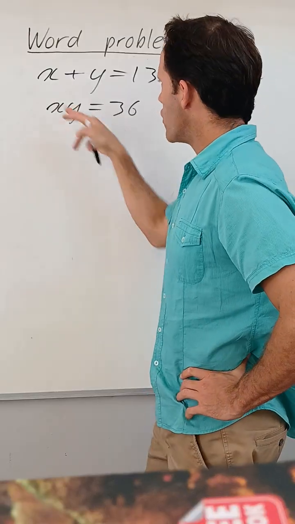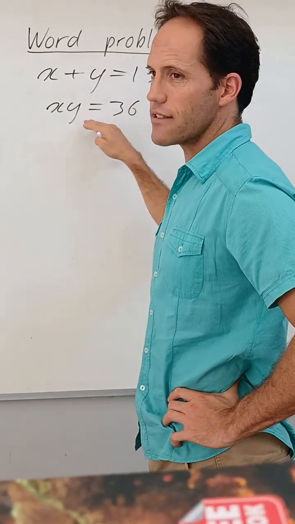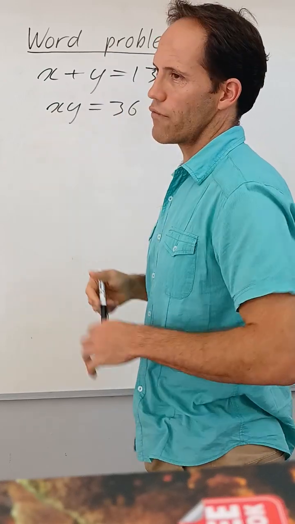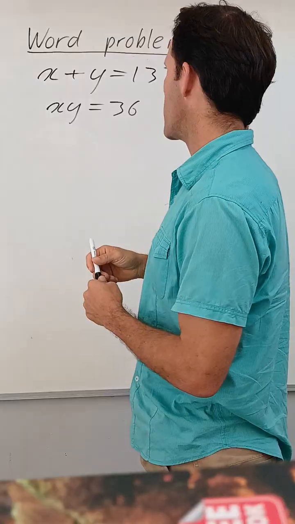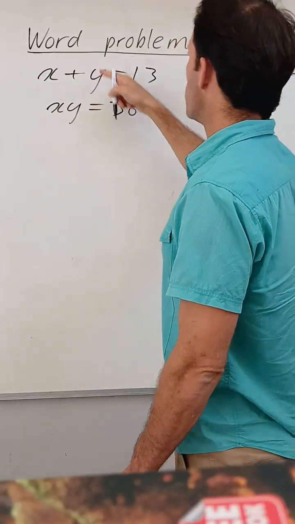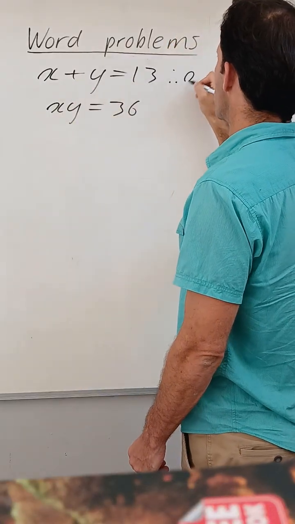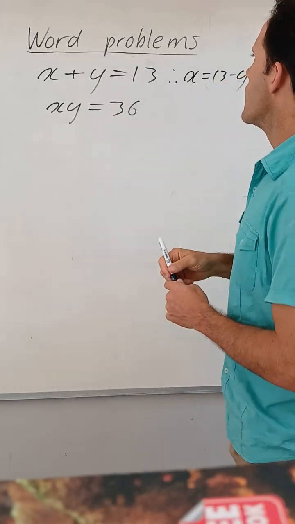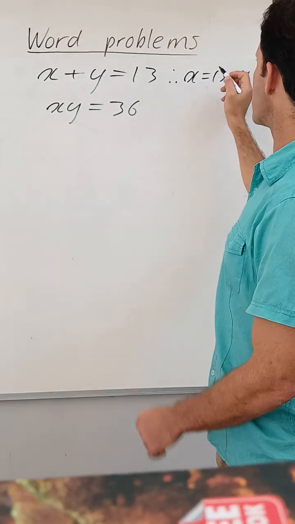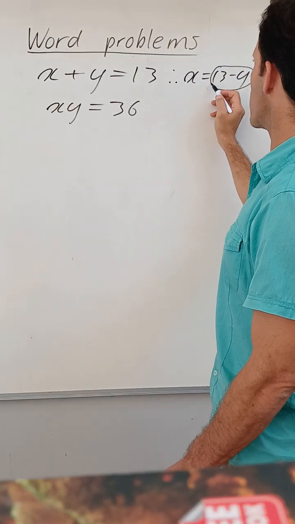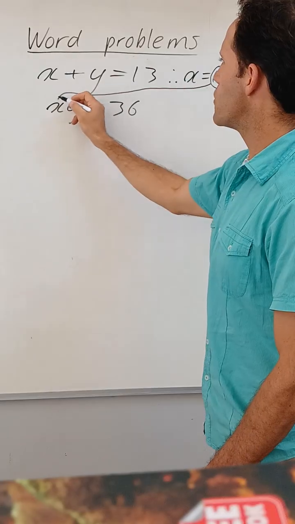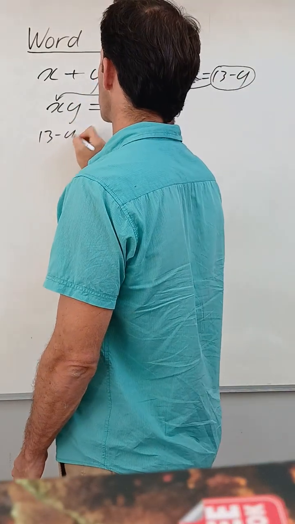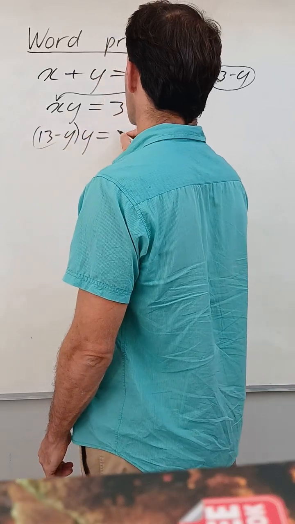Okay, now, after we wrote down our two equations, that's the important part, that's the difficult part, finding the two equations. Now we need to solve, but that's the easy part, because you guys know the maths by now. So obviously with this one, we can take the y over, and we can say therefore x is equal to 13 minus y, okay? And then we can substitute, and use simultaneous equations, and we know how. We put that in the place of x. Okay? So then we're going to have 13 minus y times y equal to 36.